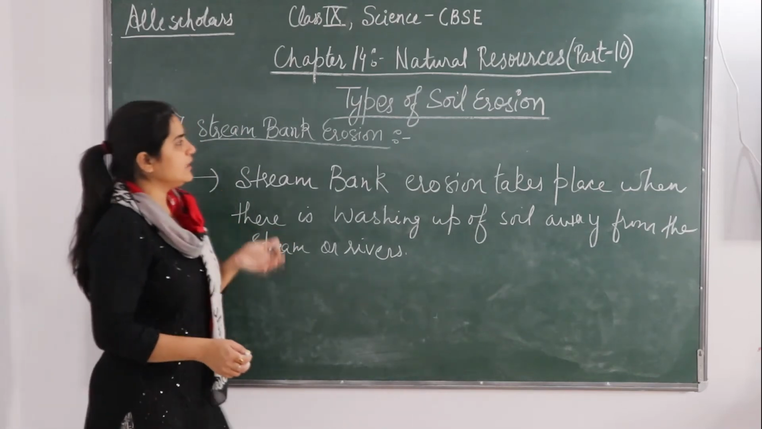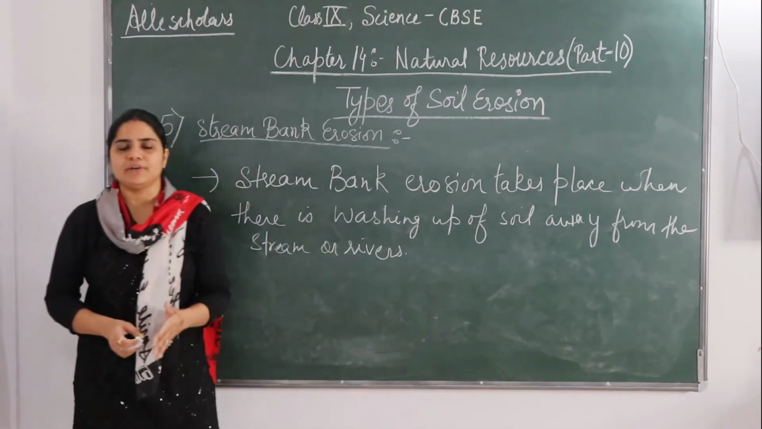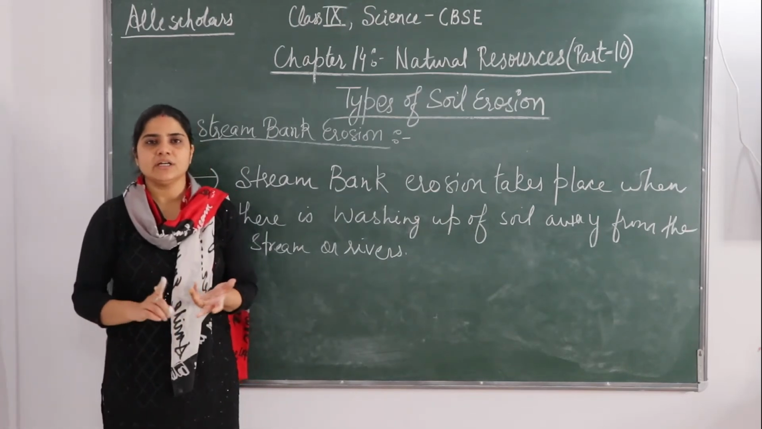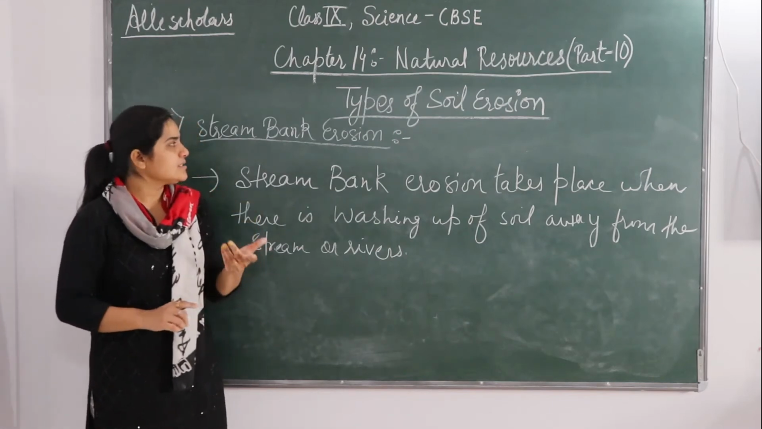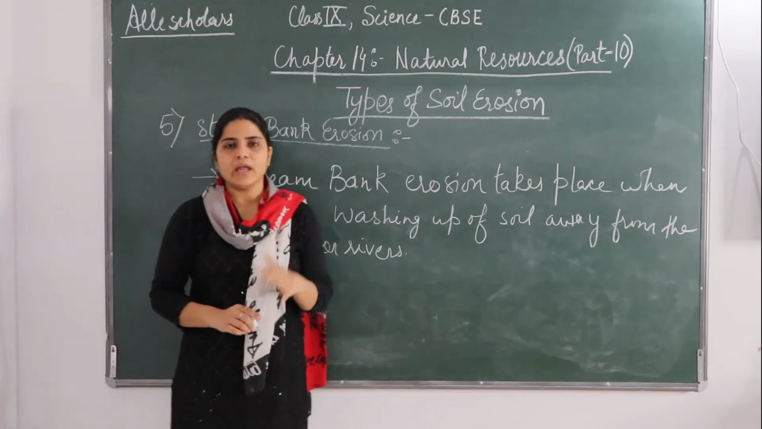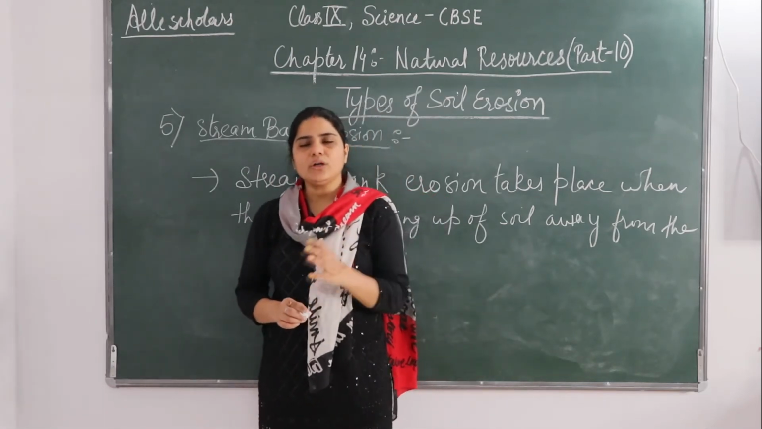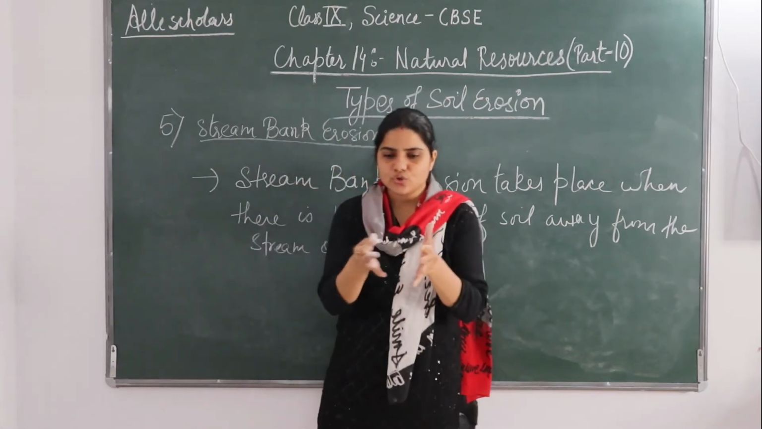So we have seen all the types of erosion, all the 5 types of erosion: raindrop erosion, sheet erosion, gully erosion, stream bank erosion. Okay, so all the 5 types of erosion we have seen, and we got to know that basically the methods